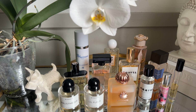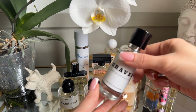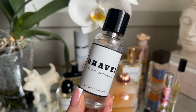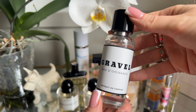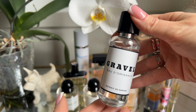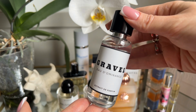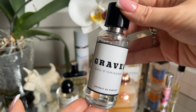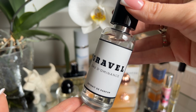Let's talk about something that is the complete opposite from the previous one. This is one of the latest releases from Gravel. It's called Eau Dominance, and I think the name really suits the fragrance. From all of the fragrances in here, I think this is one of the more masculine-leaning ones, though completely unisex. This leather here is a little bit more rough than in other scents that I've spoken about, but